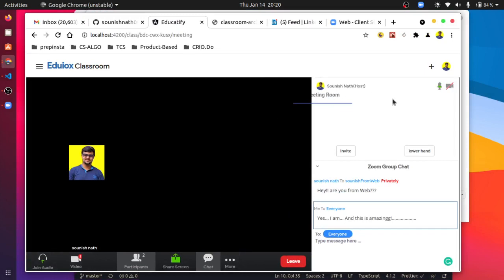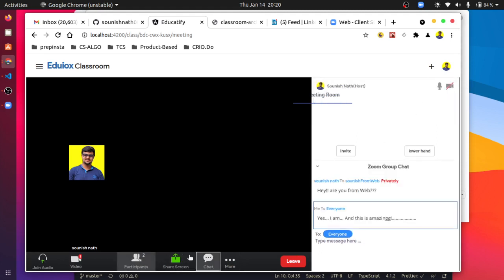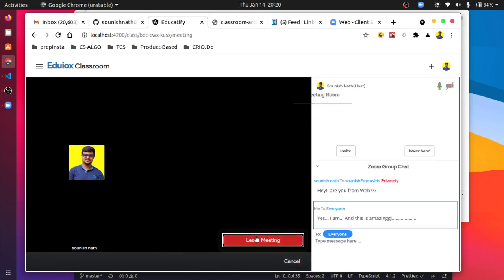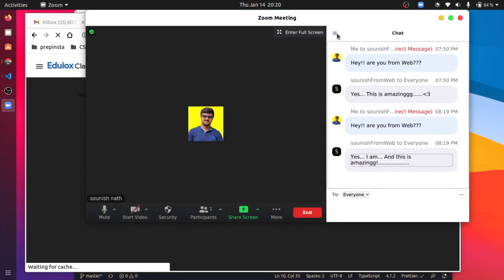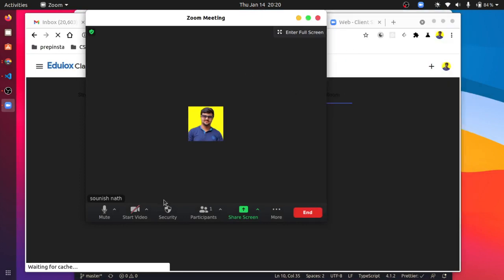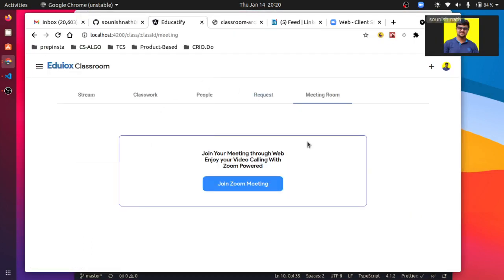And for other functionality, if I want to leave the meeting, and I leave, the meeting is disconnected, and from the browser you can see there are no participants. I am the only one, and it is now reverting back to the landing page.